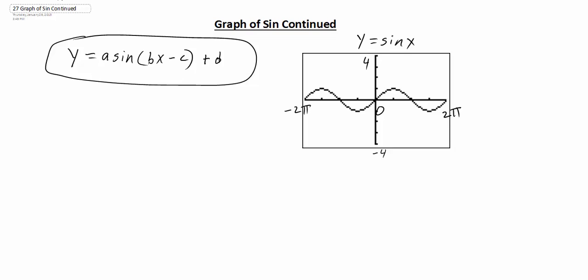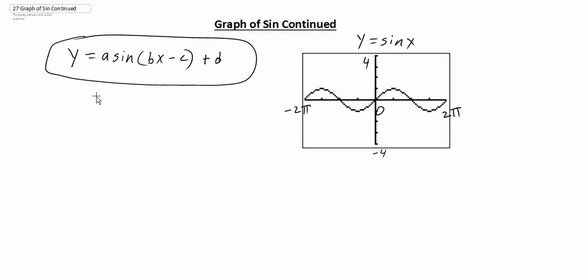This video is going to continue to look at the graph of our sine function, and now we want to look at what happens if we start adding numbers to this y equals sine of x, or multiplying it. For example, here we have y equals a sine of bx minus c plus d. A, b, c, and d here are representing our numbers that we're either multiplying, adding, or subtracting to